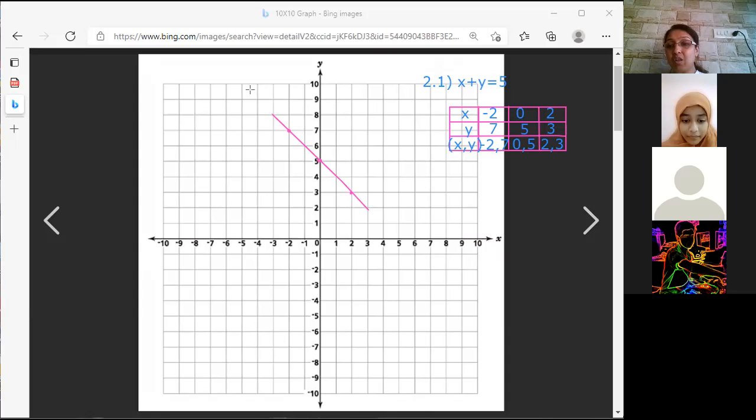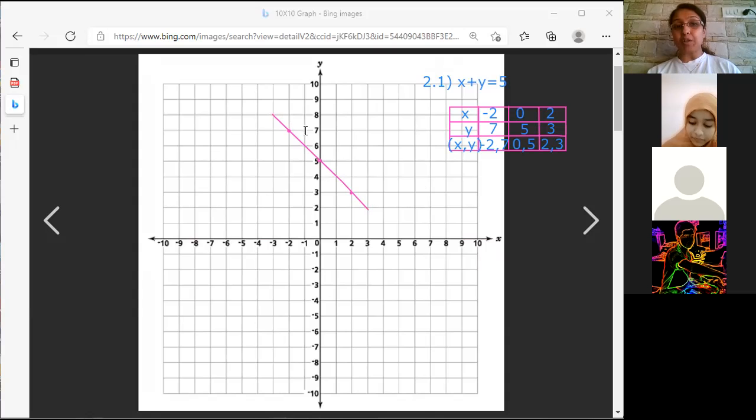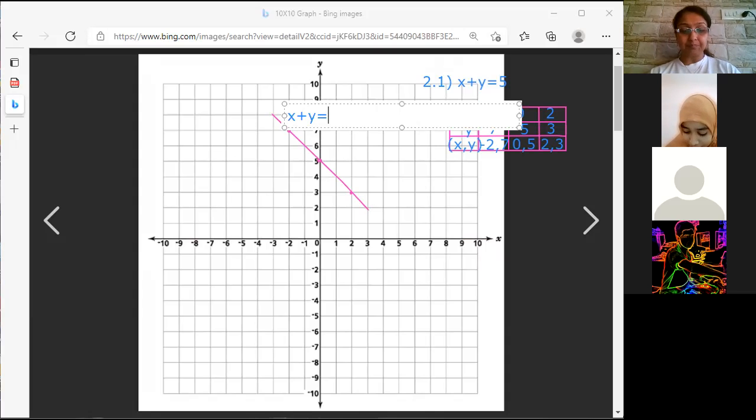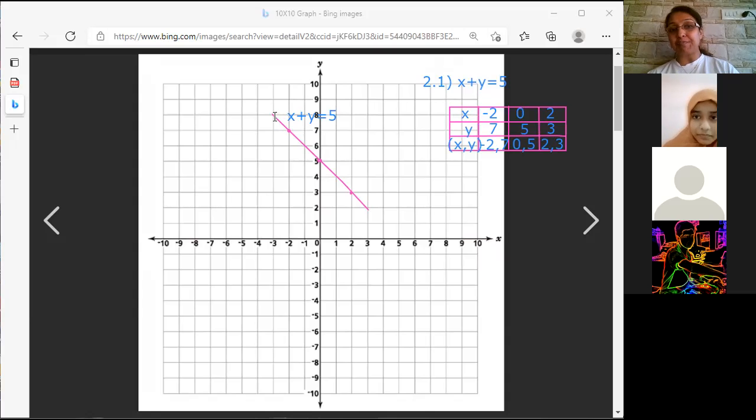And then on this line, you will write the equation. The equation is x plus y is equal to 5. Now see, I won't be able to write it in the tilted form on the line because I'm doing it on the computer. It's a little difficult. But you are going to write it in the slant form on the line itself. Do you get my mouse moving? This is how you're going to write the name of the line. I am going to write it straight because I won't be able to write it in the tilted form. Do you get me? But you will write this x plus y is equal to 5 in the slanting way on the line.